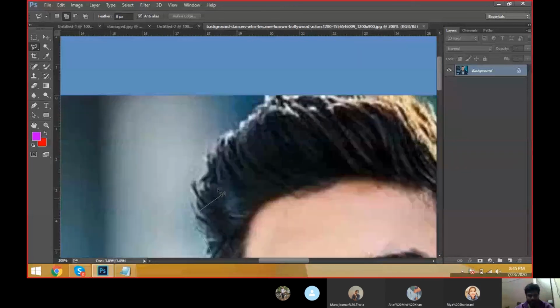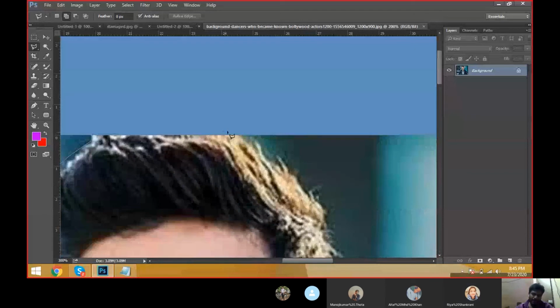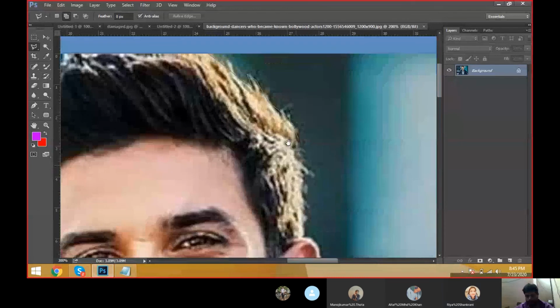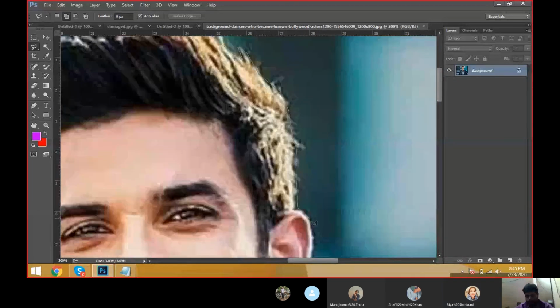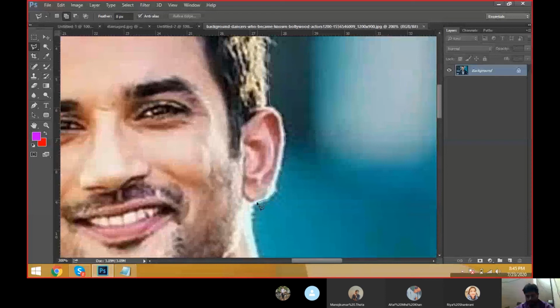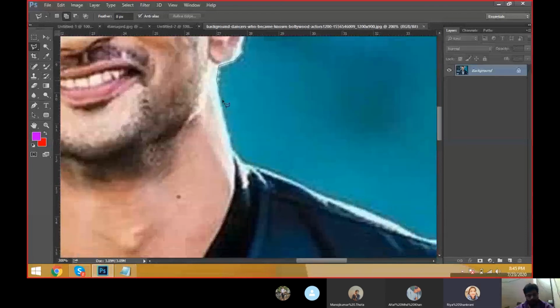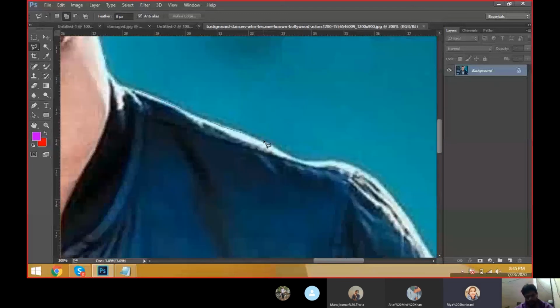One more step we have that we will see in the next level for a hair cutting process. Like this, we can cut the image very perfectly.